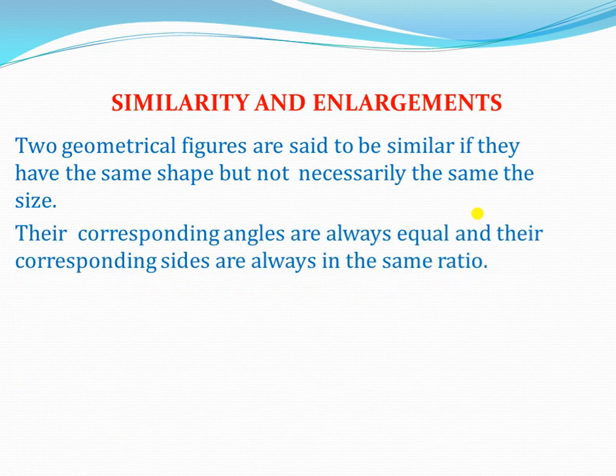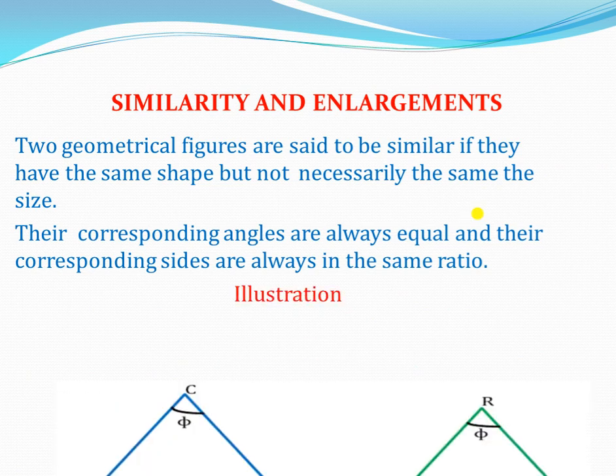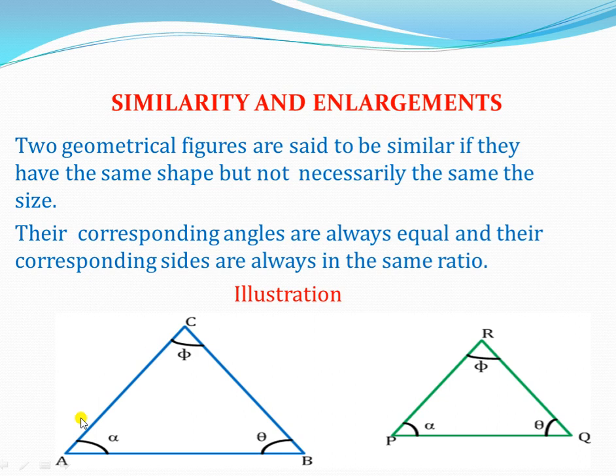Their corresponding angles are always equal and their corresponding sides are always in the same ratio. What do we mean by this? Let's look at the illustration. In our illustration, we have two triangles, ABC and PQR. If you look at the two triangles, they are not the same in size, but they look alike